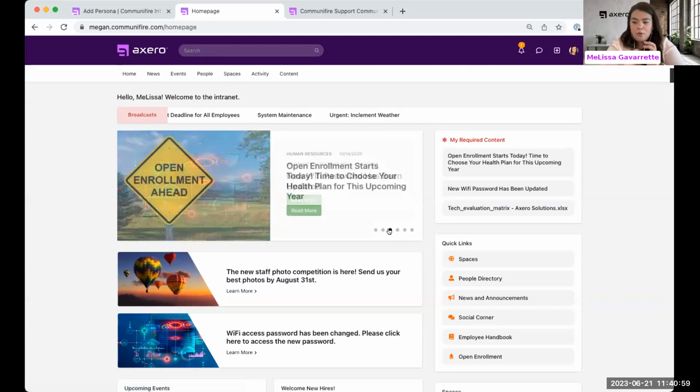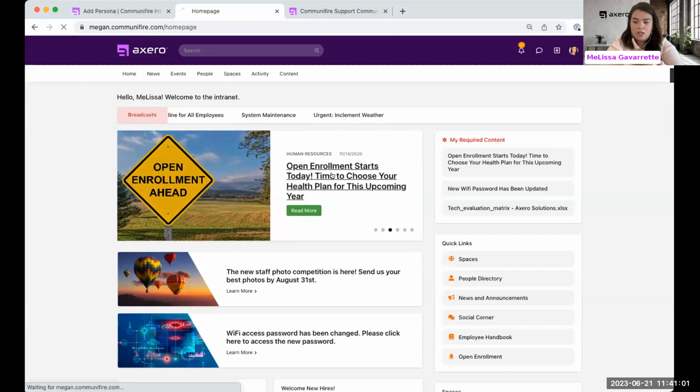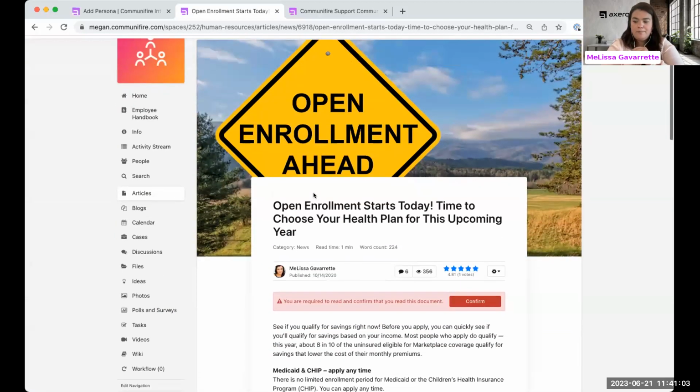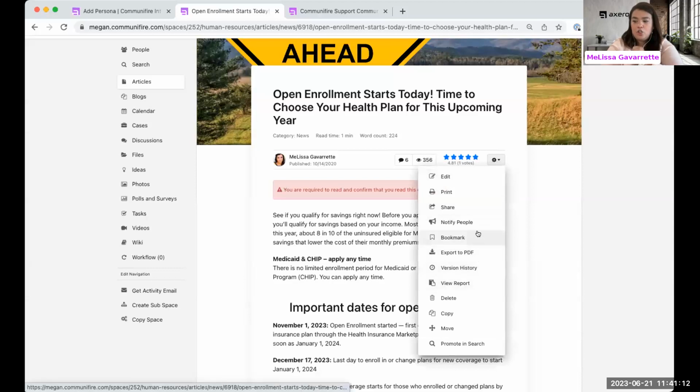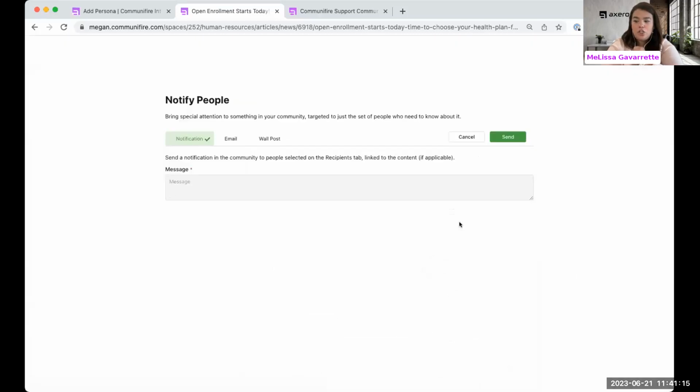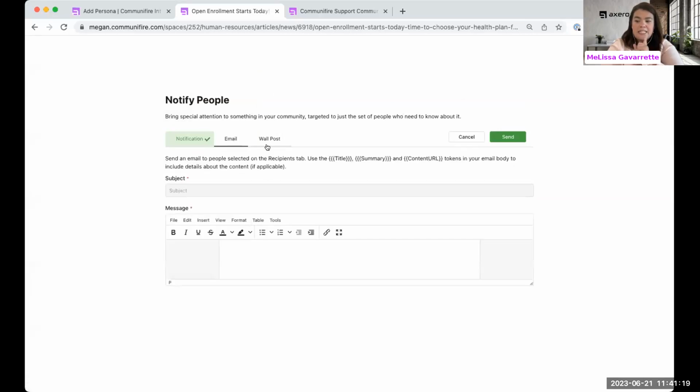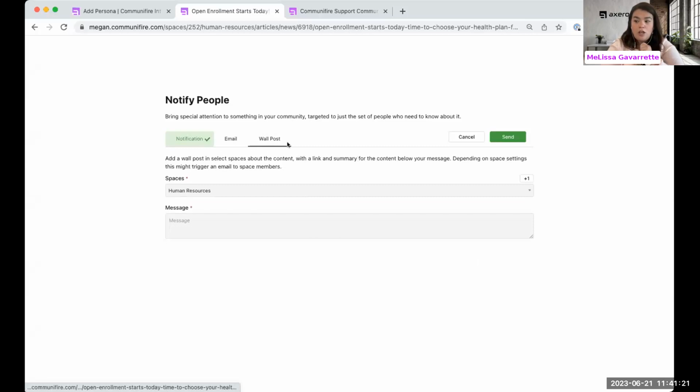A thing I will also point out, in addition to broadcasts, we're going to keep coming to my favorite article right here. If you are brand new or you have never looked at this as a client, know that you do have also the option to do a custom notification. You can send that here. You can send that to email. You can drop it on a wall. And now you have the option, I don't have it on this profile, but to send that to Slack and Teams. So that's another thing you can also do in some worlds, a custom notification around something that already lives